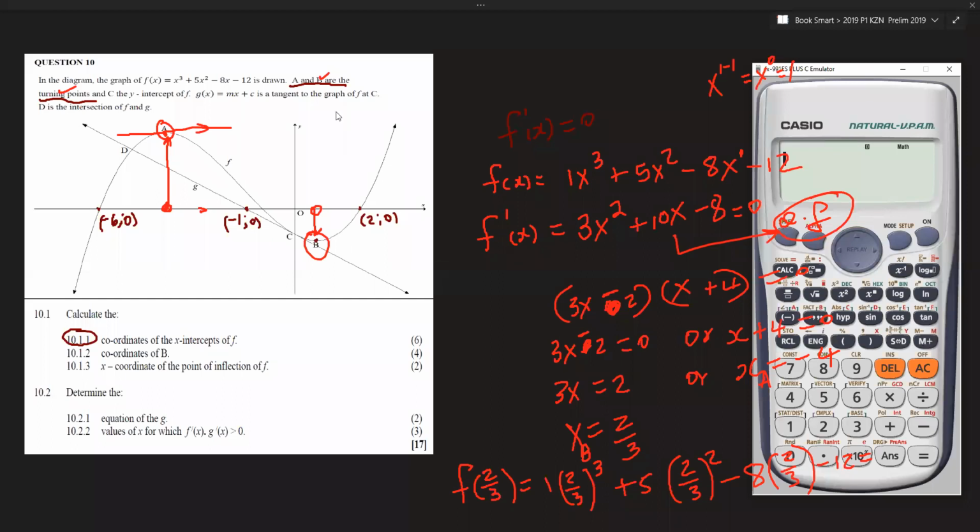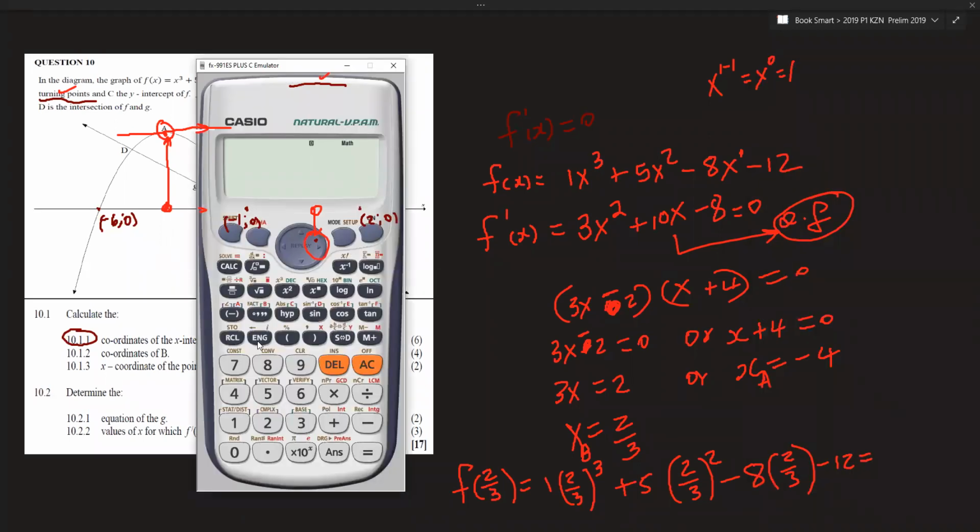Okay, so let's put it here so that we can see properly. Awesome. So now I have 1 in bracket 2/3, and then here I have a cubed, so to the power 3. And then I have plus 5. I have 2/3 again there, but now this time I'm going to square it. Then I have minus 8. I have another 2/3, but now I don't do anything. Then I have minus 12, which gives me that value there, which is negative